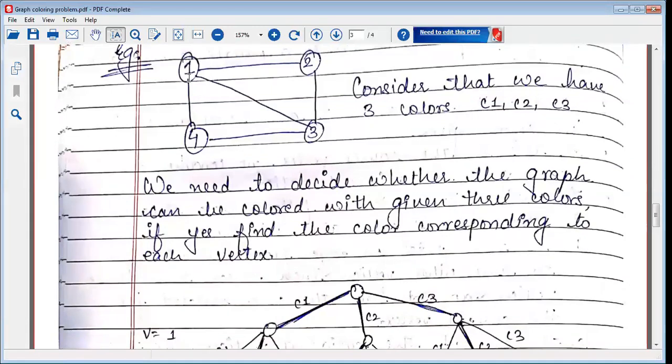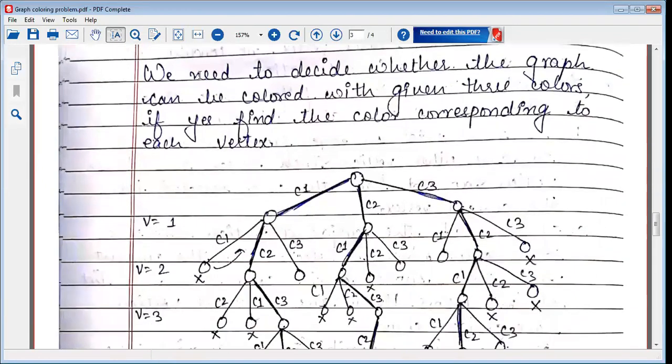So what we have done is we have created a tree. Look at the formation of the tree by keeping this graph with you. We have started with the first combination. You can see that V equals 1 corresponds to the vertex. Initially, there is no color on any of the vertices. We can start with C1 or C2 or C3. Now you have three possibilities, but if you select C1, you need to follow what other combinations I can take for the rest of the vertices.